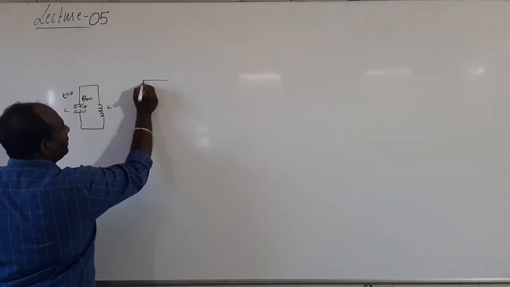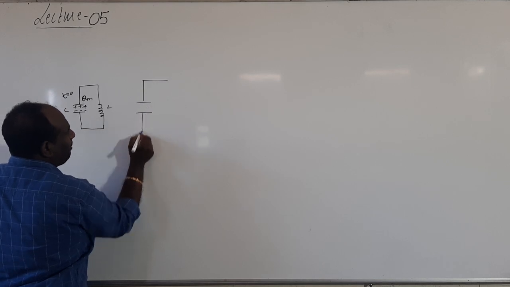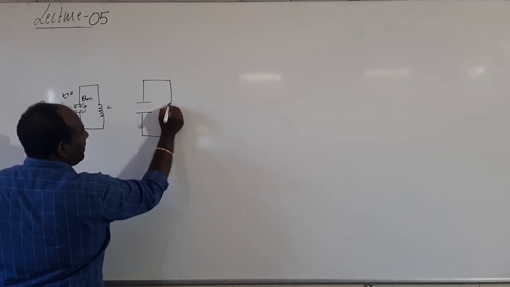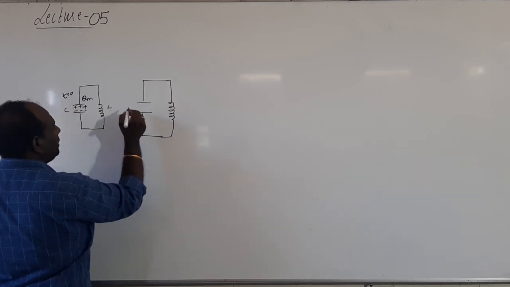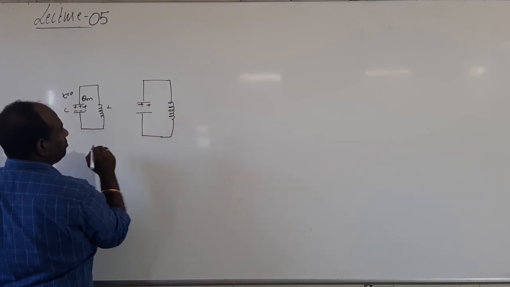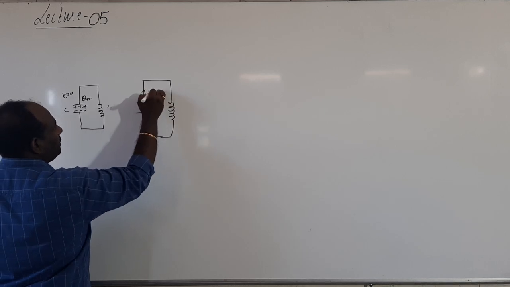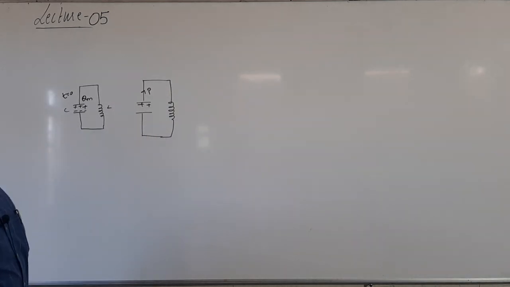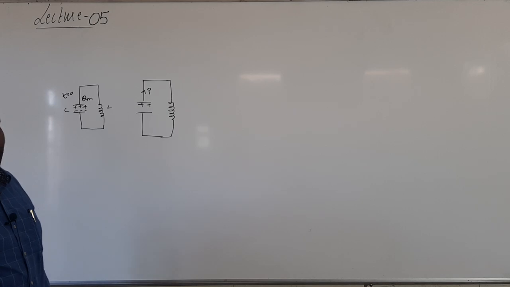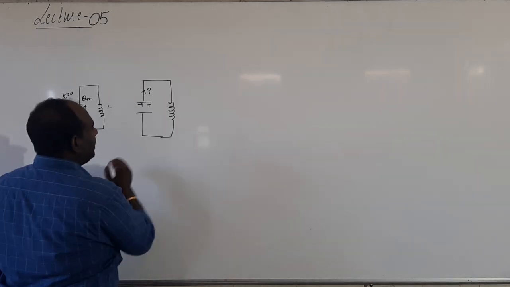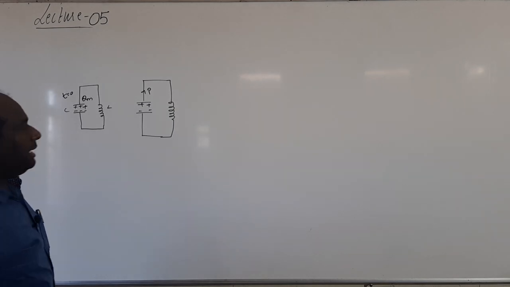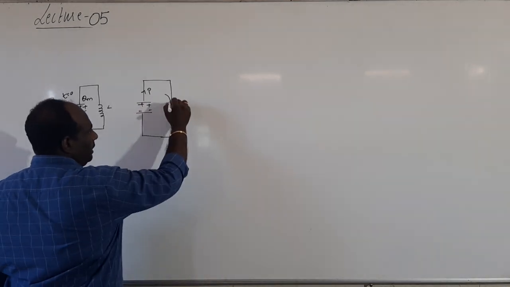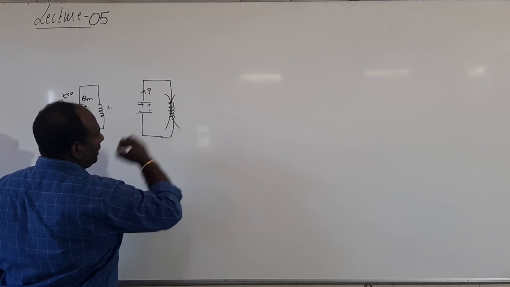As time progresses, the capacitor loses charge. The capacitor keeps on losing the charge. As a result, the charge on the capacitor decreases. So assume the direction of the current. The direction of rate of flow of charge is known as current, and let Q be the instantaneous charge. I amount of current is flowing. As a result, some energy is stored in the inductor.